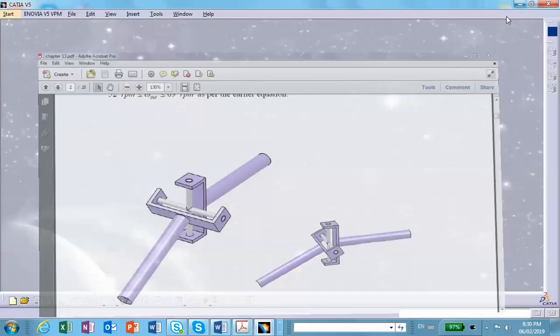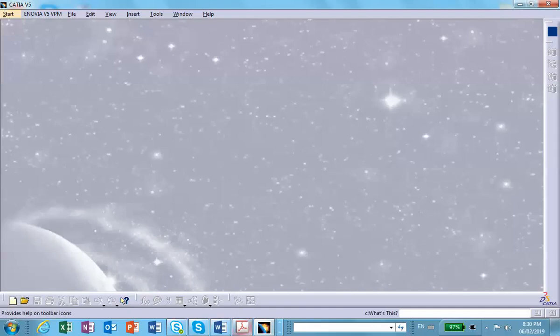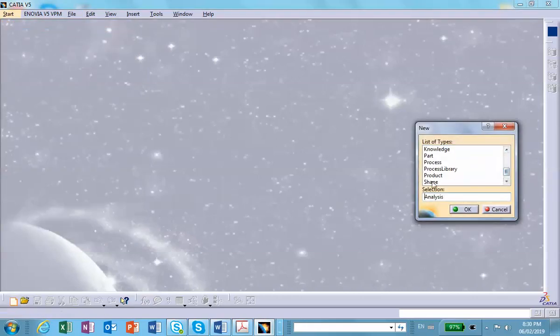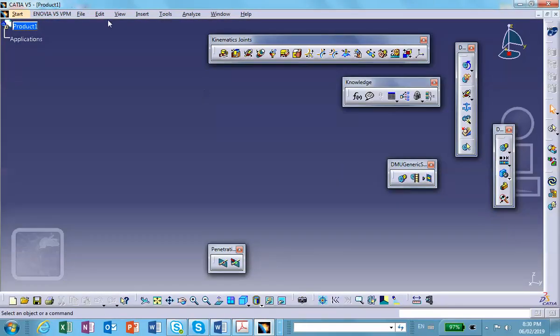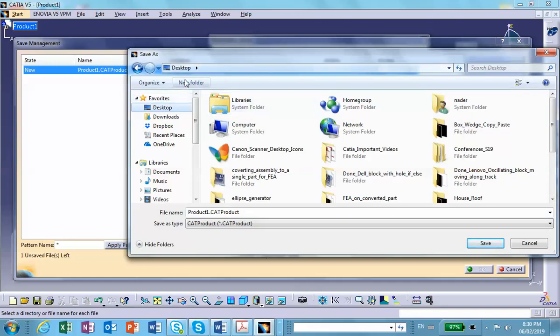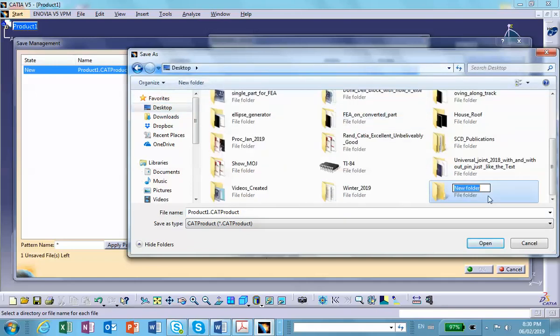Okay, so ignoring all the dimensions, let me start with the product file. So file, new product, and right away I'm going to save this. File, save management, save as. On my desktop, I create a new folder, and I will call it universal joint mechanism. Okay,